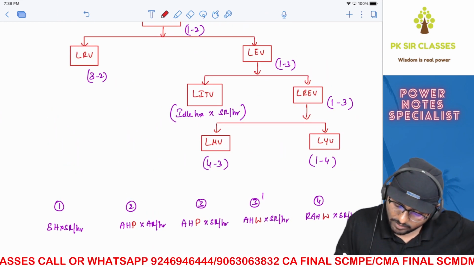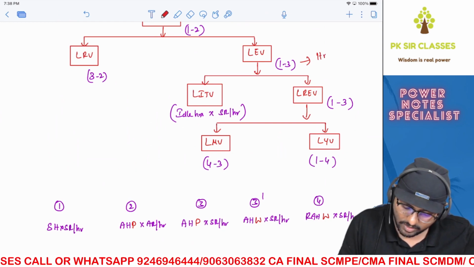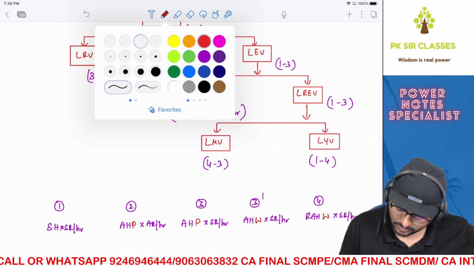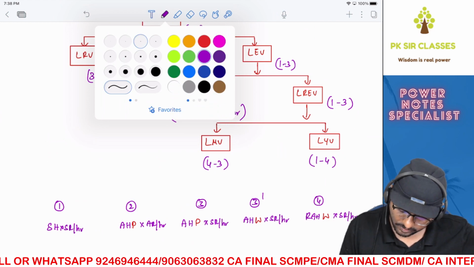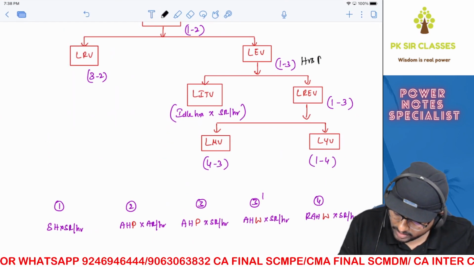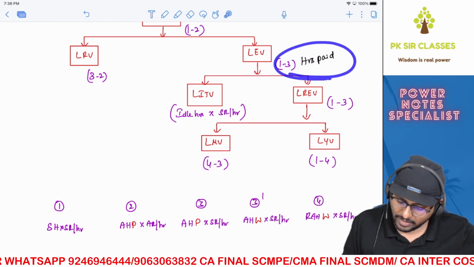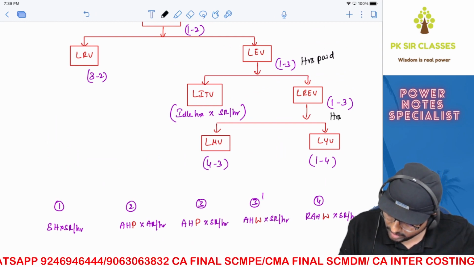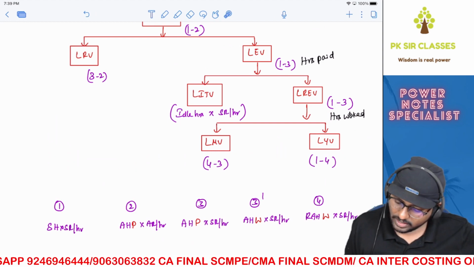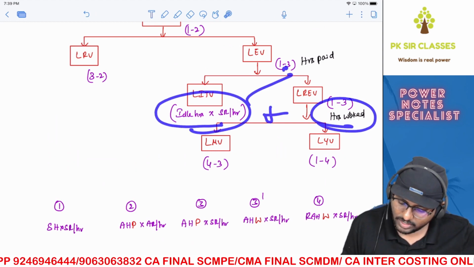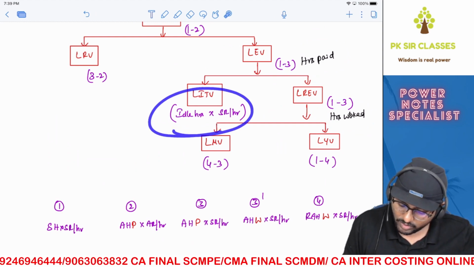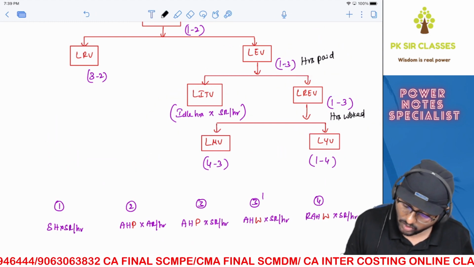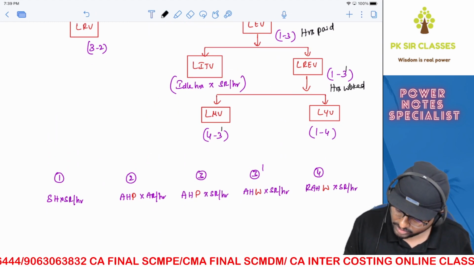How, sir? Very simple. Here we'll be getting hours paid. Let me write it with another color. Here we talk about hours paid. From hours paid, once you have reduced idle hours, what will be left over here? Hours worked only. So here it will be hours worked. So the logic is hours worked plus idle hours is equal to hours paid, correct? Hours worked plus idle hours is equal to hours paid. That's how the logic comes. So therefore, I should call this formula 3 dash here. Here also it is 3 dash.